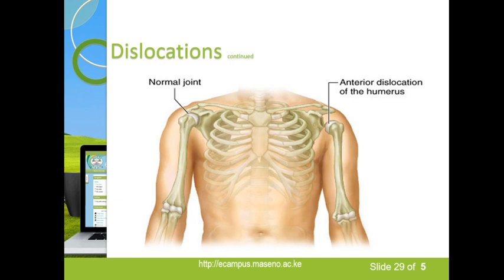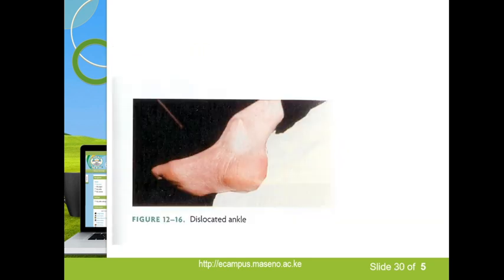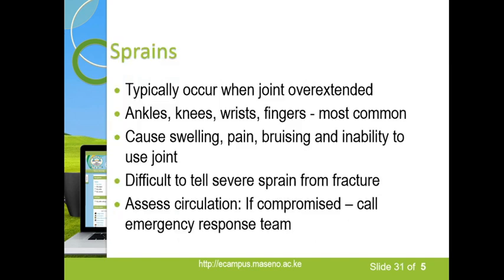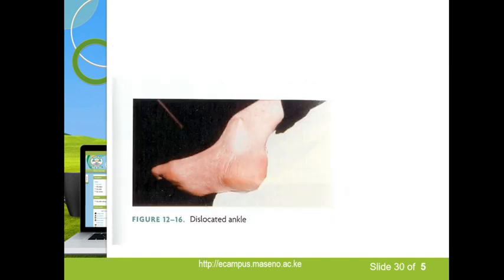Now, this is an example of a dislocated joint. To the right, we have a normal joint which is well inserted, but to the left, we have a dislocation. As you can see, the ball is off the socket. Now, this is a typical dislocated ankle, and in managing dislocation,